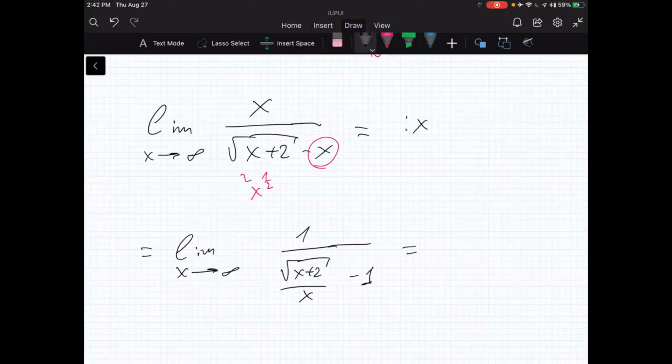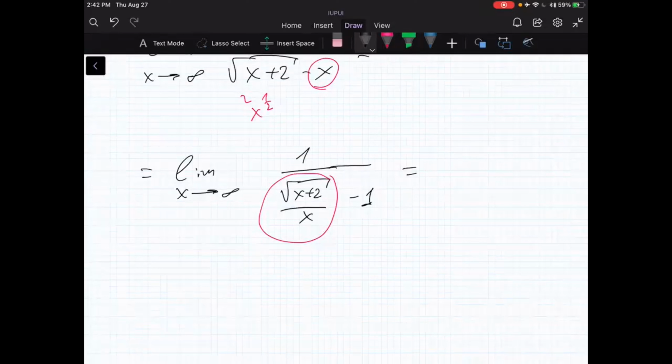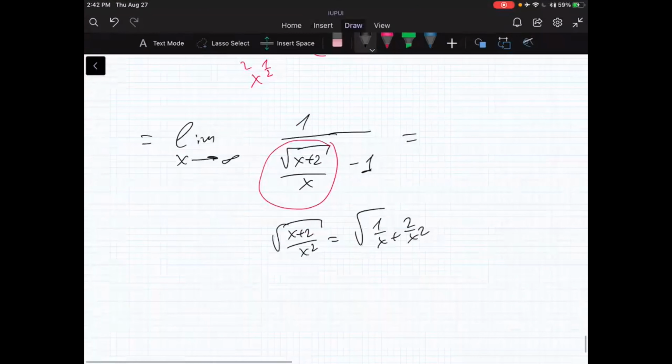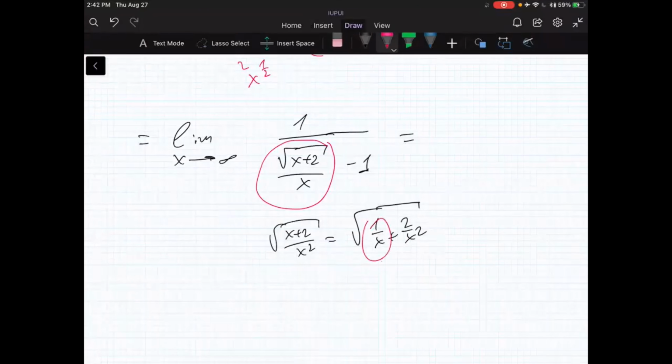And you already have seen what to do with this stuff. You put x under the square root and get x plus 2 over x squared. And this is square root of 1 over x plus 2 over x squared. And this, again, goes to 0, and this goes to 0 when x goes to infinity. And we get, of course, the same answer, 1 over minus 1, which is minus 1. So what is the point of all these calculations? The point is that,